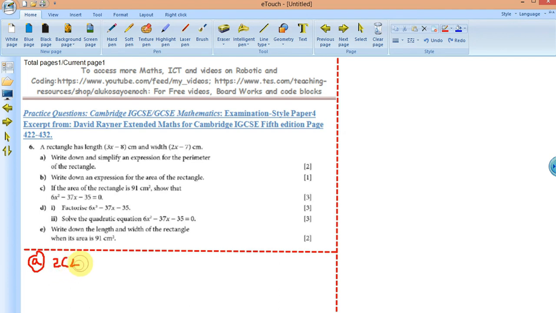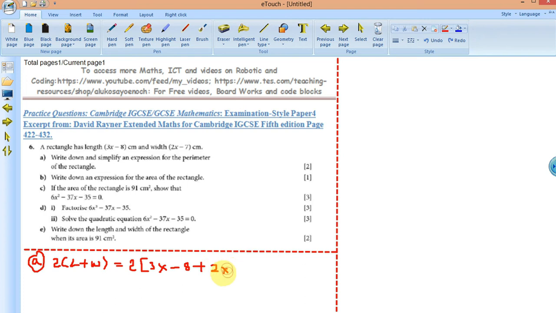Okay, what's width? 2 into length plus width. So that's pretty cool. You don't need to waste much time with this one. So that will be 2 into 3x minus 8, that is the length, then plus the width, that is 2x